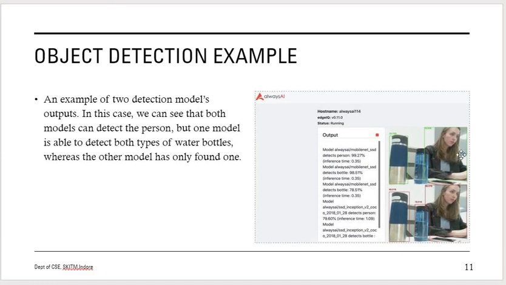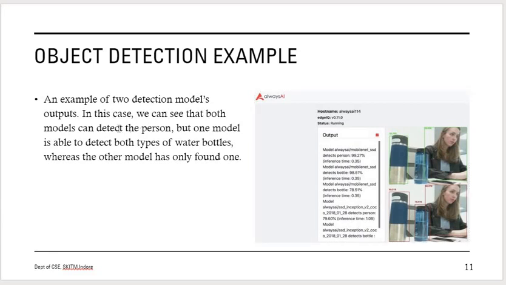In object detection, we have this image, and both images are the same. For this one image, we applied two different models, model 1 and model 2. With model 1, we have interpreted that one girl is sitting at some place and one bottle is kept here. You are seeing some green dotted boundary at this place and this place. The second model is detecting that one girl is sitting at some place, and we have found different types of water bottle, and the boundary is shown with the red color.